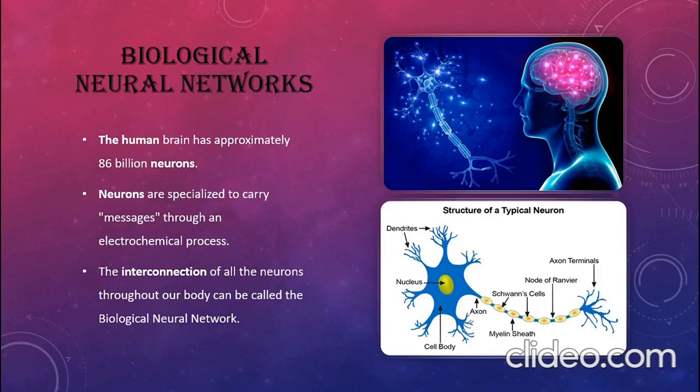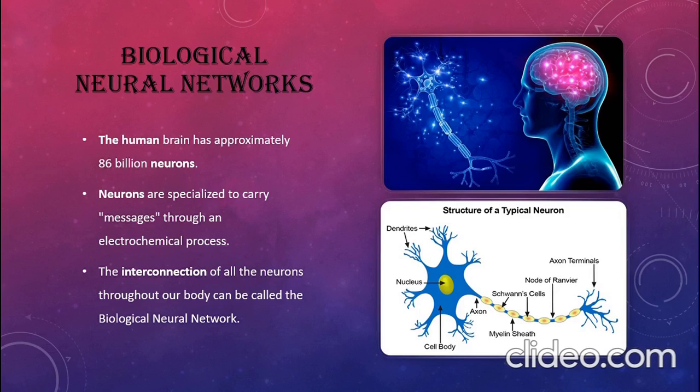Let's first understand a biological neural network. Our nervous system is made up of millions of neurons. These neurons help in carrying messages to the brain and the spine. Let's take an example. When something touches our skin, the neurons present in the area make an electrical change, and this change is passed on to the other neurons till it reaches the brain. This interconnection of neurons is what we call a biological neural network.